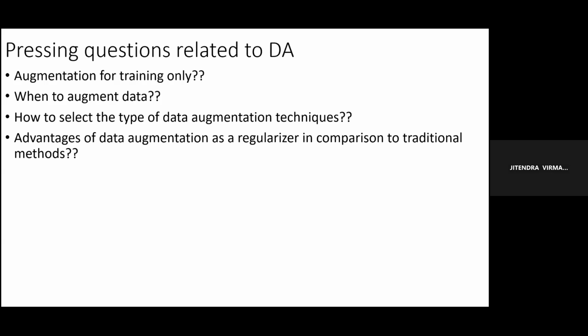Now, what are the pressing questions related to data augmentation? Why is augmentation required for training only? I told you that first you have to divide your dataset into training dataset and testing dataset. And there is real motivation for augmenting training data only. There is no motivation for augmenting testing data, because it is our duty to train the classifier, whether it is a machine learning classifier or a deep learning classifier. It is our duty to train the network, the classifier, with all possible